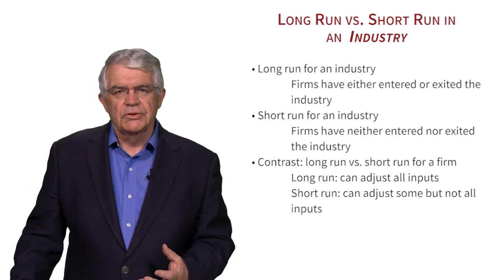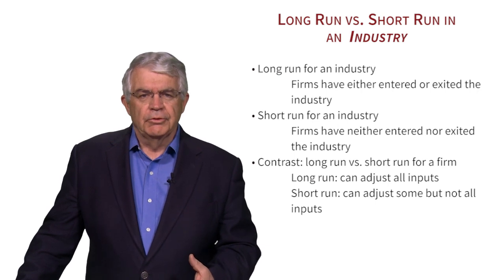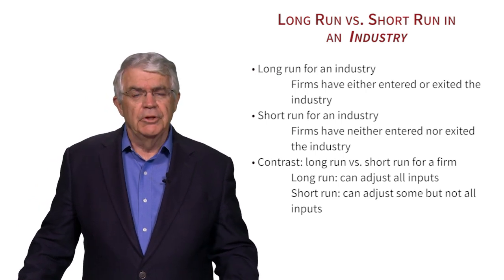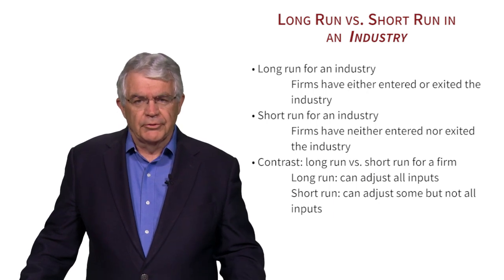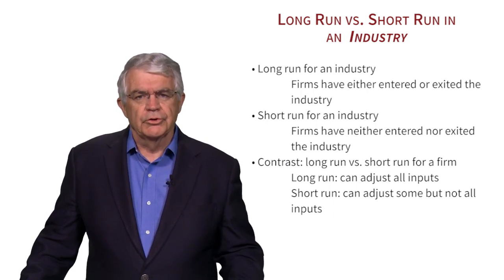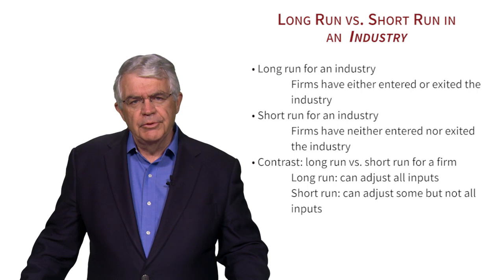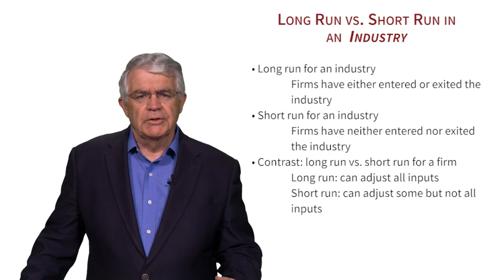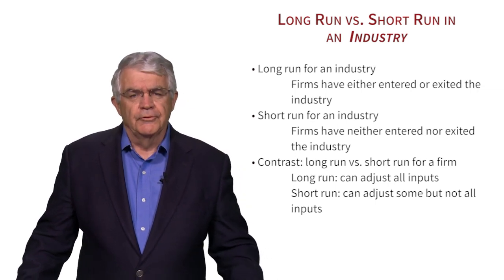You want to contrast this concept of long run and short run with the concept of long run and short run for a single firm. Recall that for a single firm, the long run is where it can adjust all its inputs of production, not just labor, but also capital. And the short run is where it can only adjust some of its inputs, labor, for example, but not capital. So the words long run and short run are being used for two different concepts. One is we're considering a firm, and the other we're considering the whole industry. Of course, in reality, both of these could be happening at the same time, but to explain it, we want to focus on one and the other. We focused on long run and short run of the firm before. Now we're going to consider long run and short run for the industry.